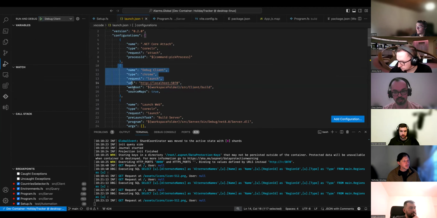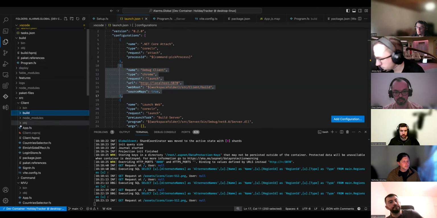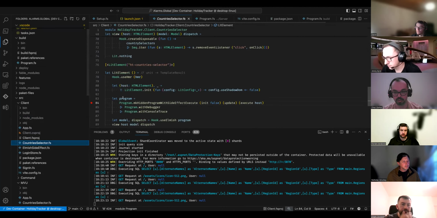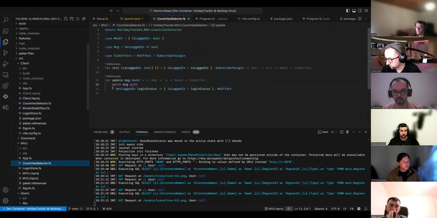Once you have these lines available, you will see this option here. Okay, let's see if we have any breakpoints yet. I presume we have. Let's cross-check once more. Yeah, we have a couple of breakpoints. We can put another one here.